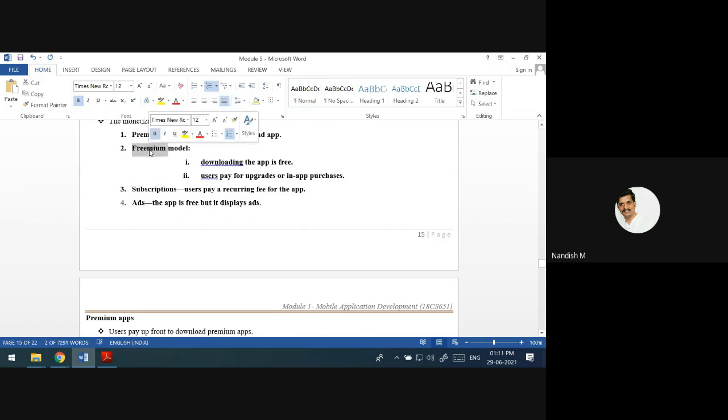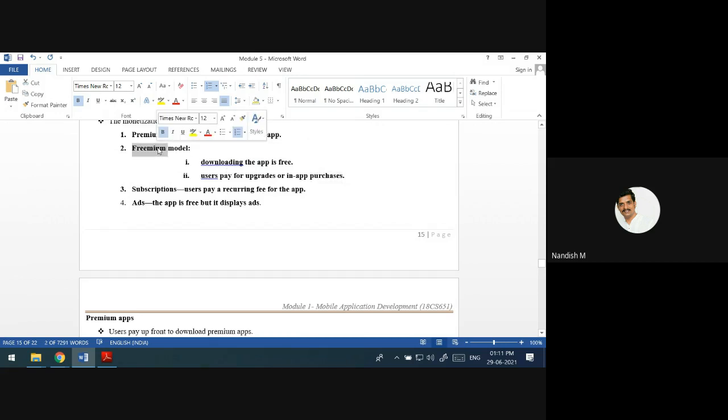What is the freemium model? The users will download the app for free, and some of the functionality will be available for free, but if you want to use some other advanced features, they have to pay. The users have to pay for the upgrades or any other purchases.